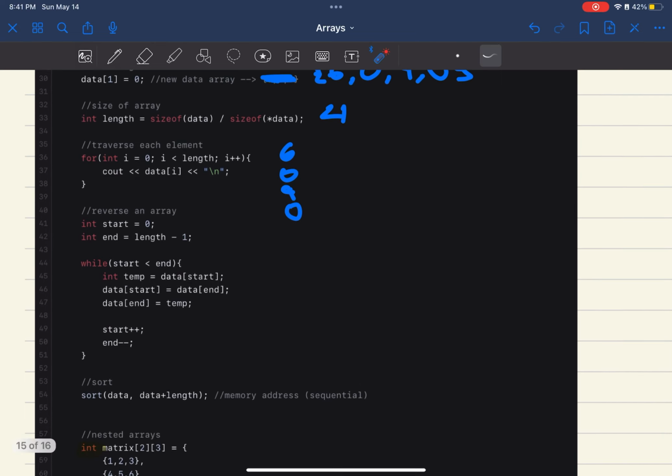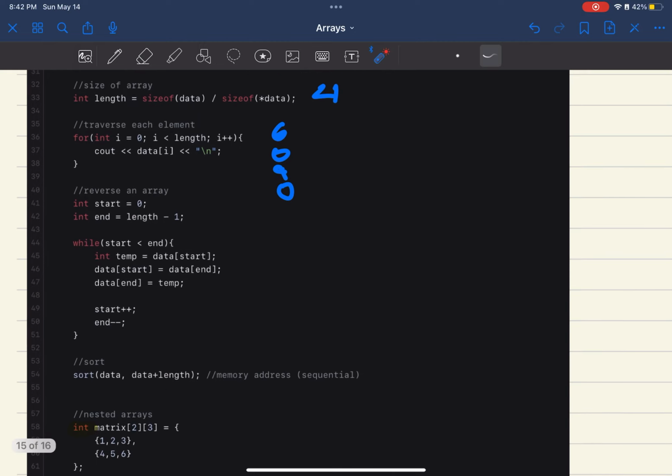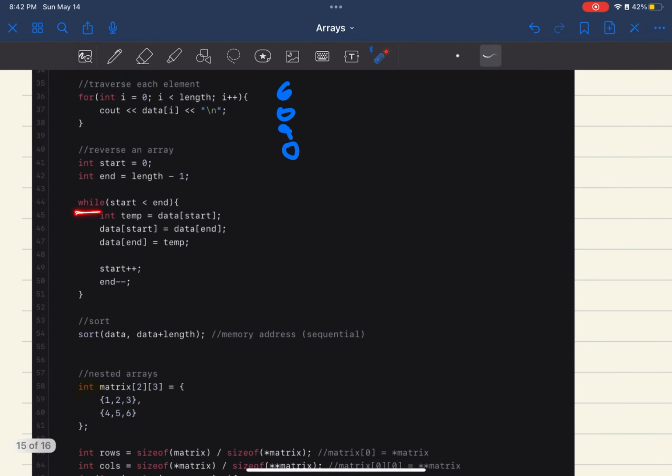Another operation is reversing an array. So the way we do reversing is, in this case, I'm using a while loop. I'm starting from 0 and ending at length minus 1. Length minus 1 is the last index again. In this case, it is 3, since the length is 4, but we do minus 1 so that it doesn't go out of bounds. So in the first iteration here, while start is less than end, so while 0 is less than 3,